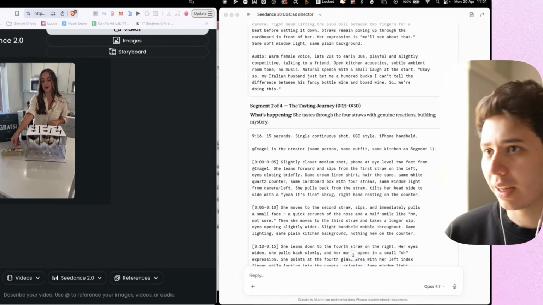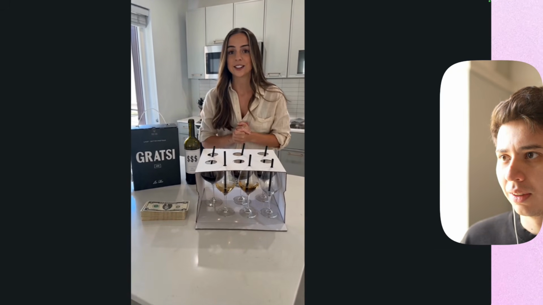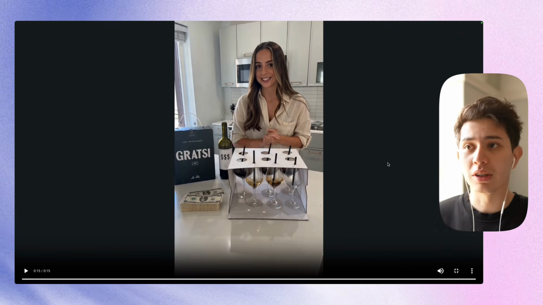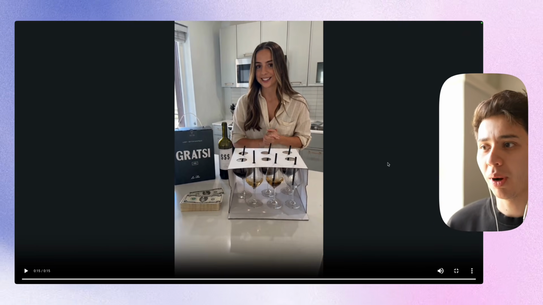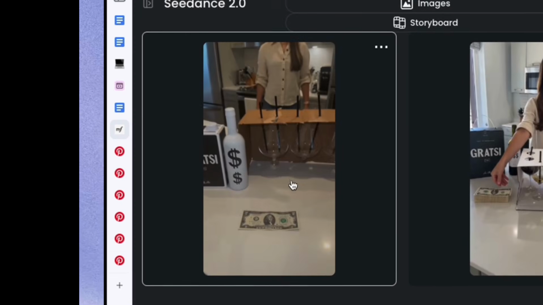All right, now after waiting, here's what we have. Okay, so my Italian husband just bet me $100 I can't tell the difference between his fancy bottle wine and boxed wine. So actually it worked. It didn't work exactly how he wanted it, but we have a very realistic iPhone looking shot. And here's the attempt to